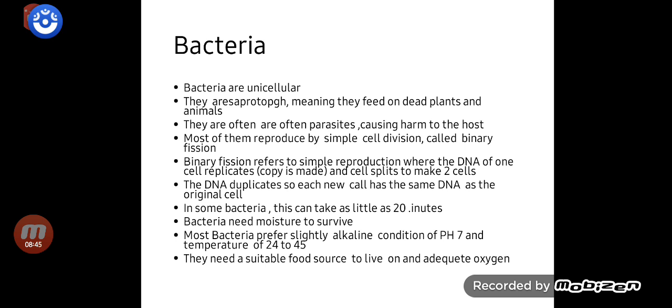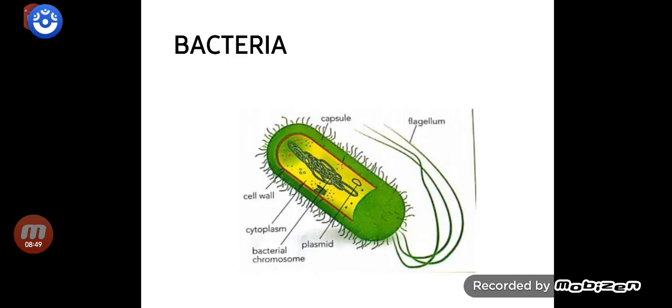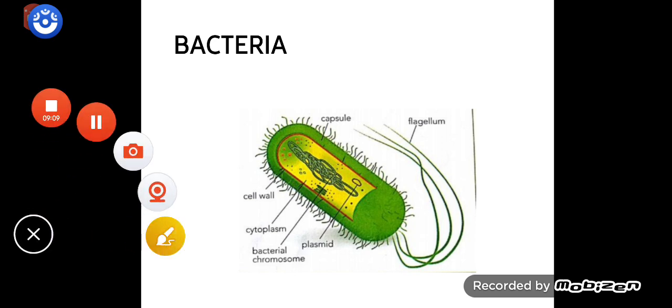Let me show you the structure of a bacterium. This is the structure of a bacterium. As you can see, it has a cell wall, cytoplasm, bacterial chromosome, plasmid, capsule, and a flagellum. A capsule. Let me